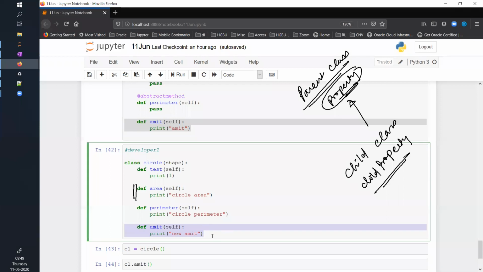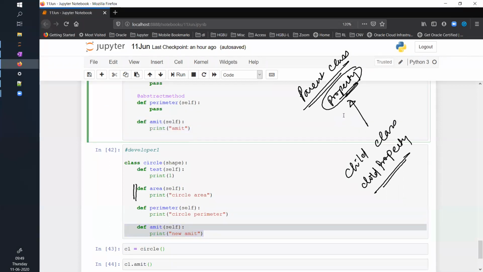So let's say there is a method called marry in my parent class. The parents decided that the child is going to marry so and so girl. The child class can override that functionality. The child class can say, okay, I'm not going to marry this girl, I will marry someone else. Overriding, you're getting my point? Yes, sir. So that was your overriding concept.